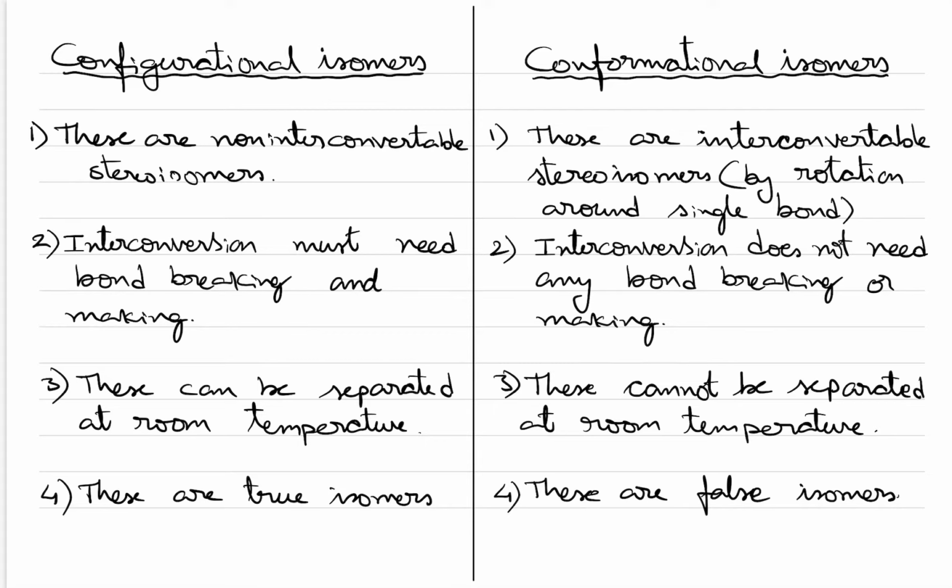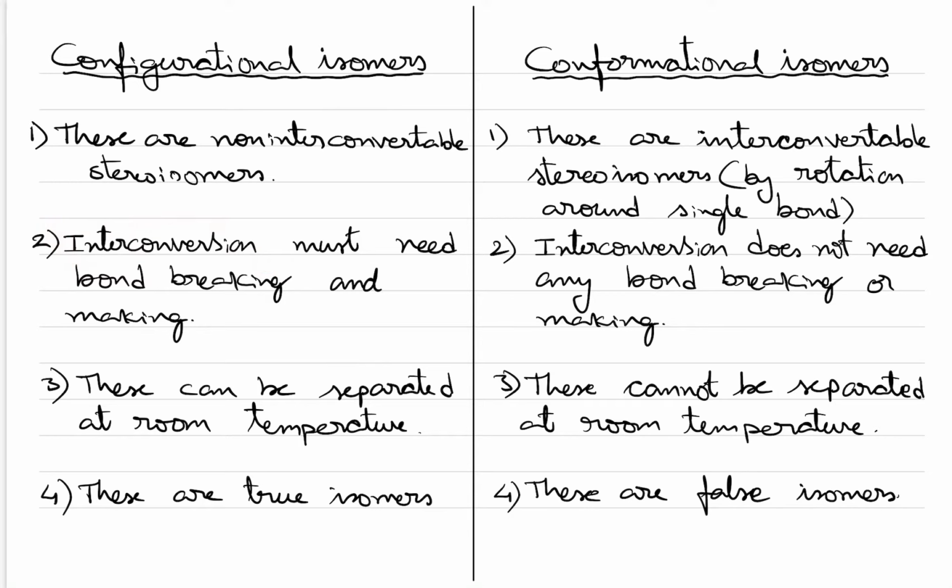And the second difference: interconversion must need bond breaking and making. That means if you want to convert a cis isomer into a trans isomer, these are geometrical isomers, cis and trans isomers, which have a double bond. So in the cis isomer, you have to break the pi bond so that it becomes a single bond, and through the single bond it will be rotated so that it comes to the trans isomer, and again the pi bond will be formed. That means bond breaking and making is compulsory if you want to interconvert the two isomers,